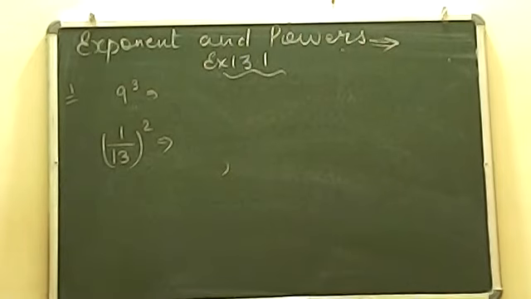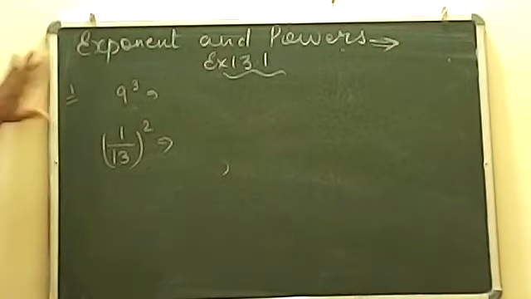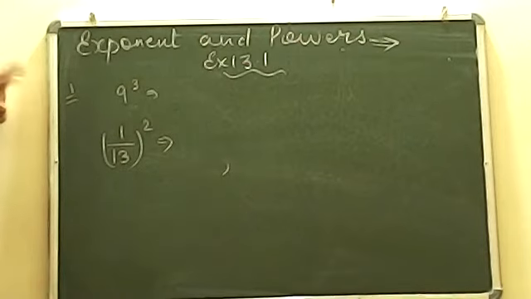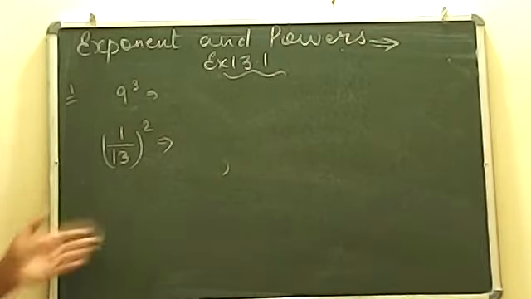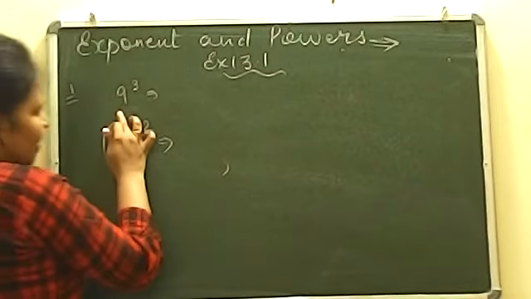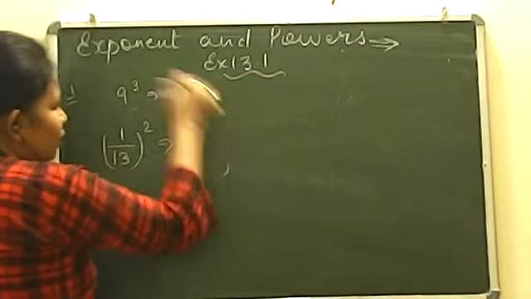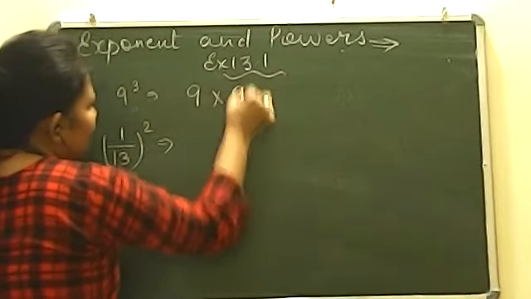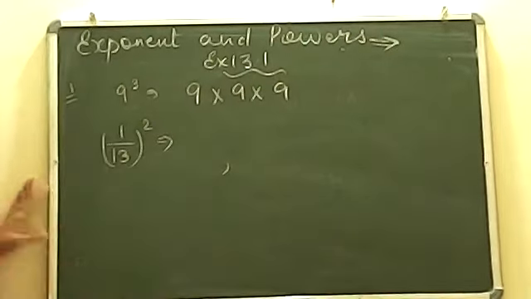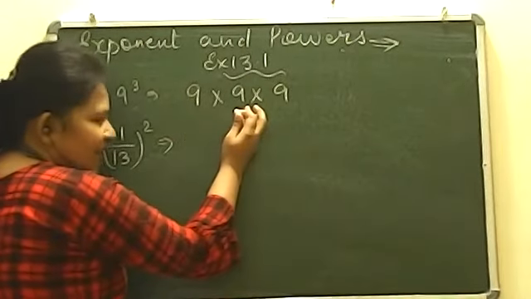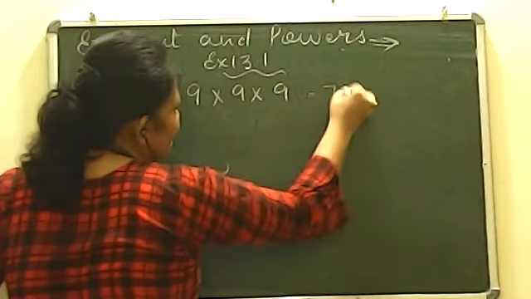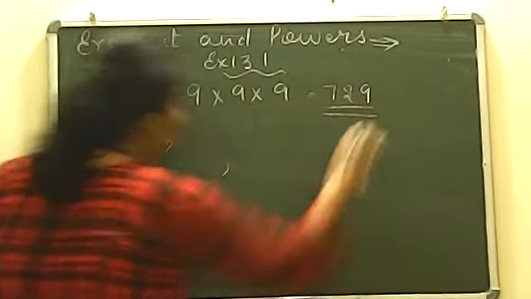Remember always, if the question comes, you have to find the value. Whenever we are given a question to find the value, and you have the power form or exponential form given in the question, always spread the number. Spread the number means you know it is written 9 to the power 3. If you have to open it or expand it, it will be 9 into 9 into 9, because the power of 9 is 3, that means it will open like 9 into 9 into 9. Now when you solve this, you know 9 nines are 81 and 81 nines are, you will get 729. Don't write the answer 27.